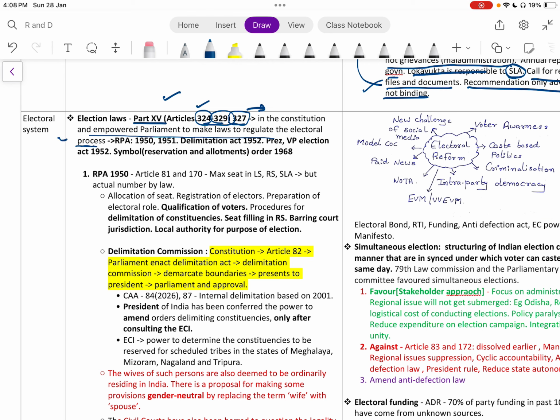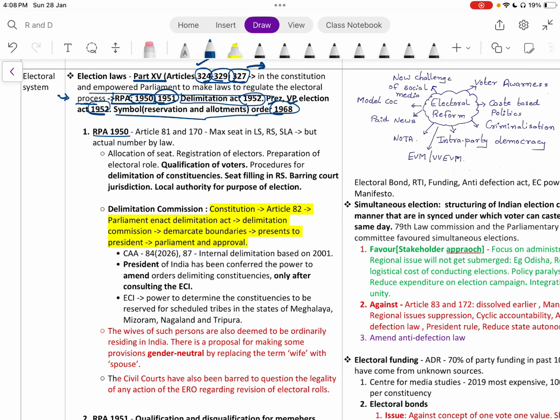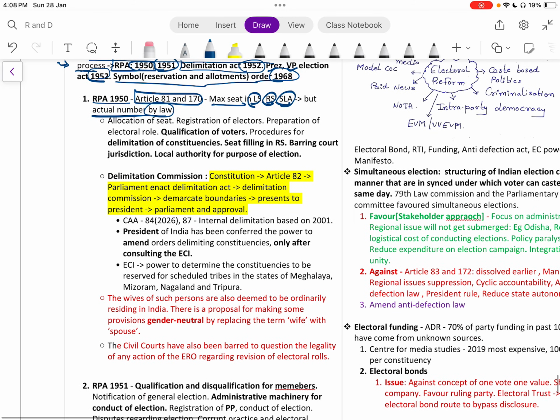So parliament has made law. The first is Representation of People's Act 1950 and 1951, Delimitation Commission Act 1952, President and Vice President Election Act 1952, Symbol Reservation and Allotment Order 1968. Okay. Talking about Representation of People's Act 1950, Article 81 and 170 speak of the maximum seats in Lok Sabha, Rajya Sabha, State Legislative Assembly, but the actual number is fixed by law. So allocation of seats,